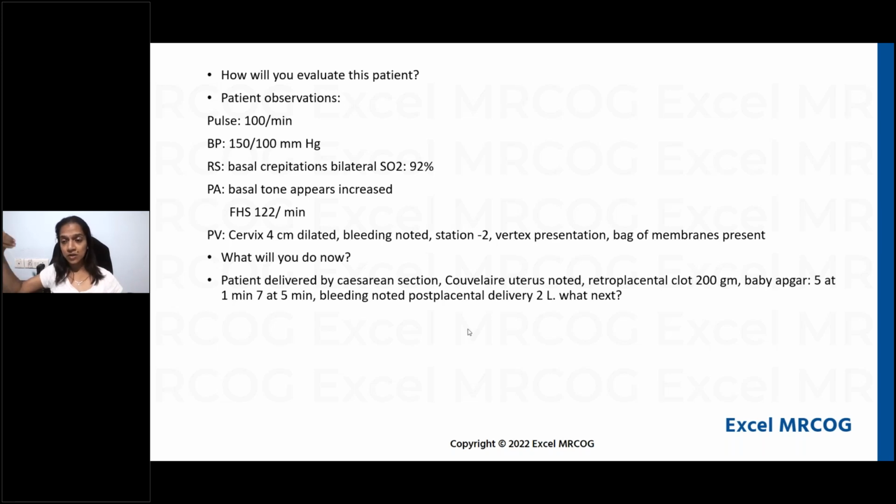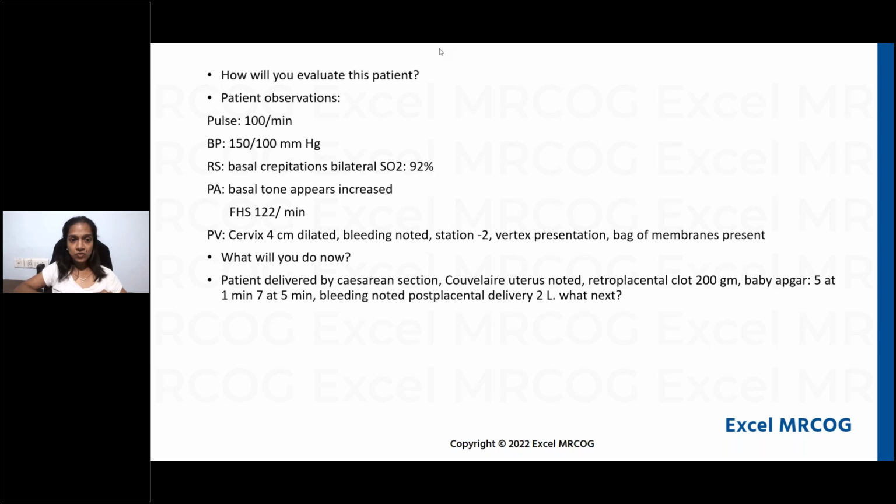Steroids have to be given over a period of 24 hours. You can give a stat dose of steroid, but what's more important is you need to deliver this patient. Magnesium sulfate, if at all you are considering, is for the preeclampsia, not for neuroprotection in this case. She's 36 weeks. Okay, magnesium sulfate for the severe preeclampsia, provided all the other parameters are in place, like she's having a good urine output, etc. All those things also have to be considered, and then maybe you will consider magnesium sulfate for her, but that is for the maternal indication rather than fetal indication.